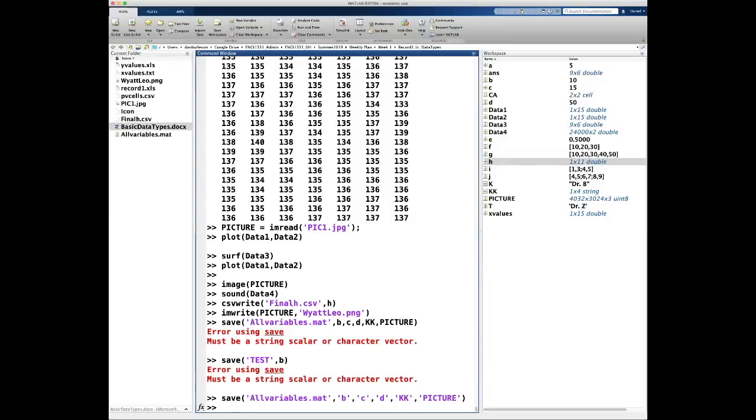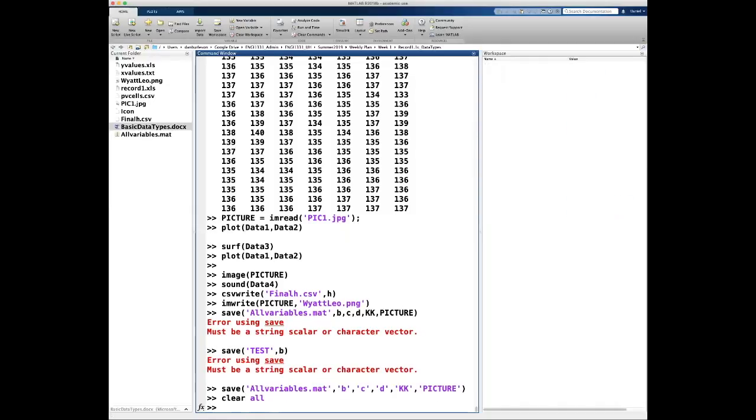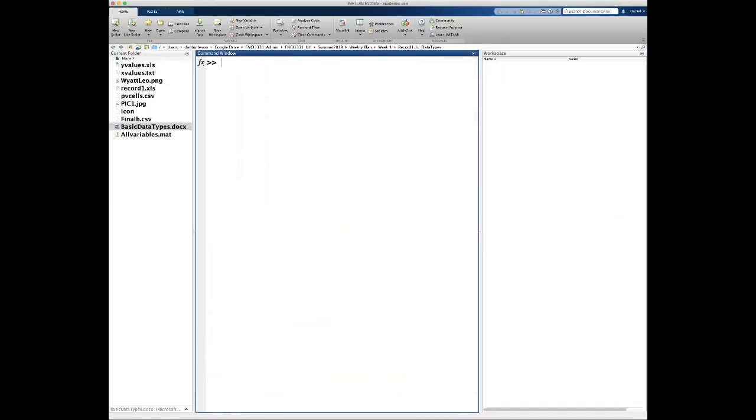So I want to close by bringing this back in and understanding how we load in a .mat file. If I want to start from scratch, I want to clear everything off. If I want to clear my workspace, I'm going to use this clear all command. If I hit clear all, you'll notice my workspace on the right disappears. That is going to erase any memory of any variables that I had. If I now want to clean off my command window, kind of like a dry erase marker, I can do clc, and that clears that off. So the nice thing about the .mat file is it holds a bunch of variables, and it will automatically load those variables